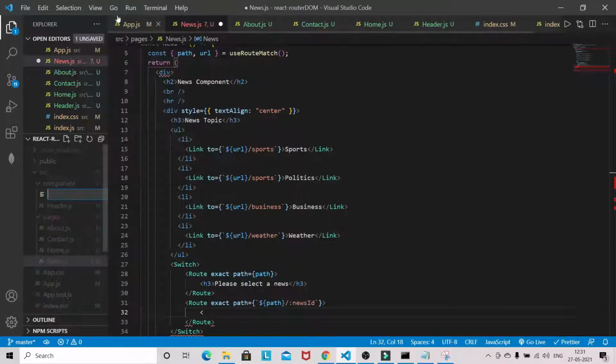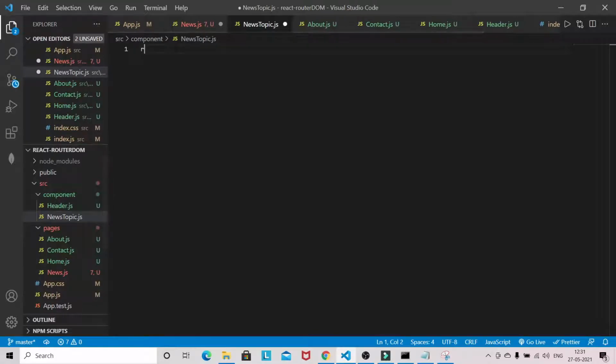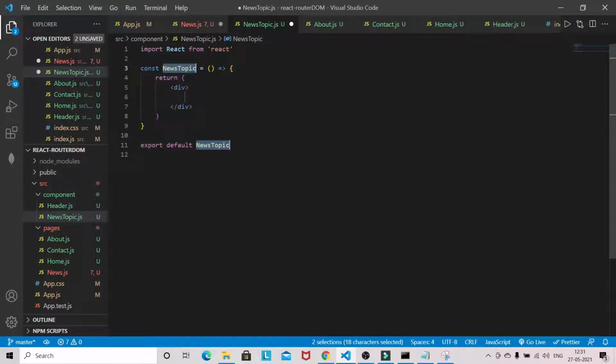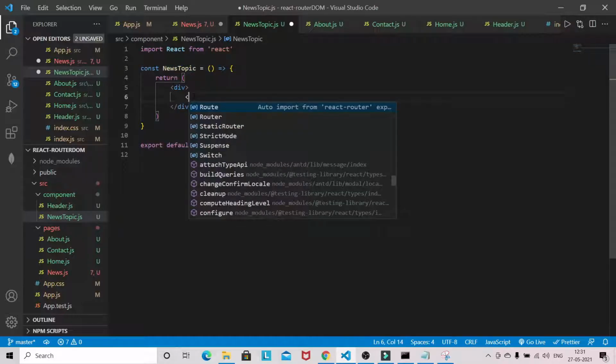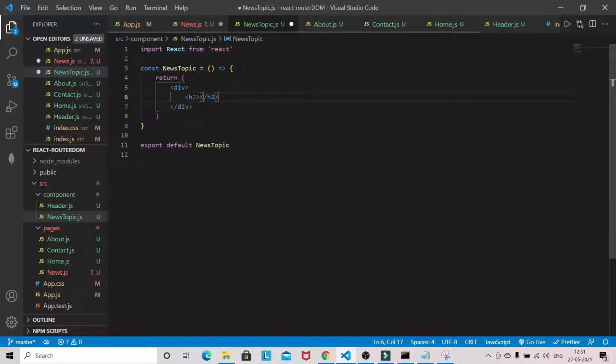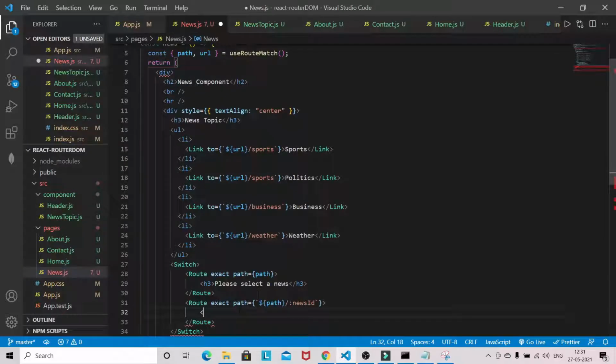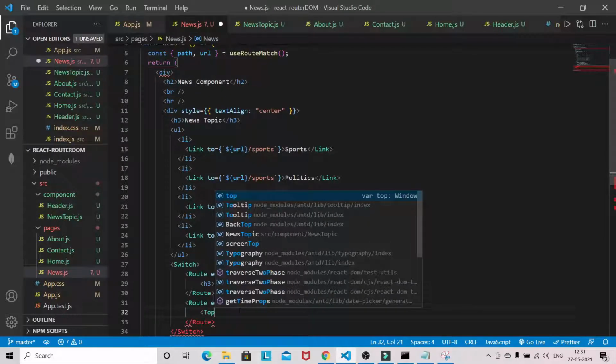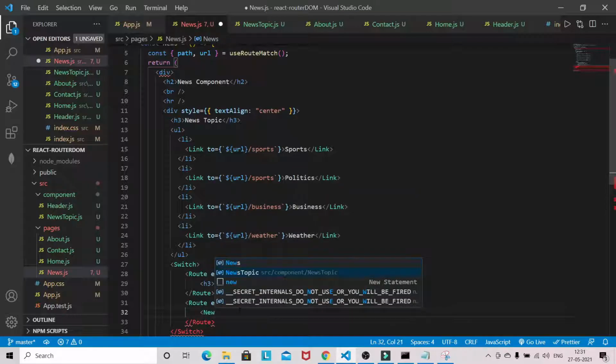Let's create one file here, called NewsTopic. I will create an RFC and here I will just write news topic. Then come to news and import that news topic here.